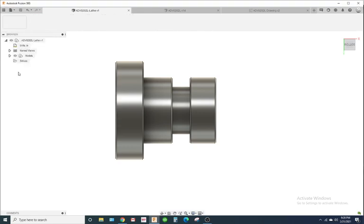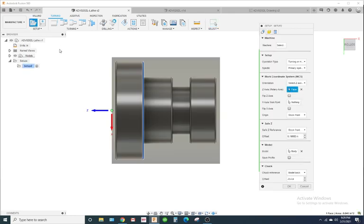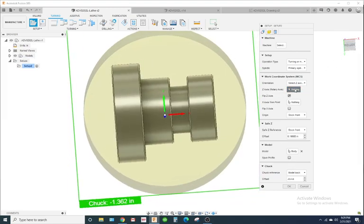So we'll go into manufacturer mode, and we have to tell the software what we're doing here in our setup. Okay, so we're going to tell it we're running it on the lathe. So operation type is going to be turning, and you can see that it already selected a Z-axis. Now that's the wrong side, so we're going to run the other side. So I'm going to go to flip Z, and if for some reason this didn't come pre-selected on your part, what we're going to do is go to Z-axis,